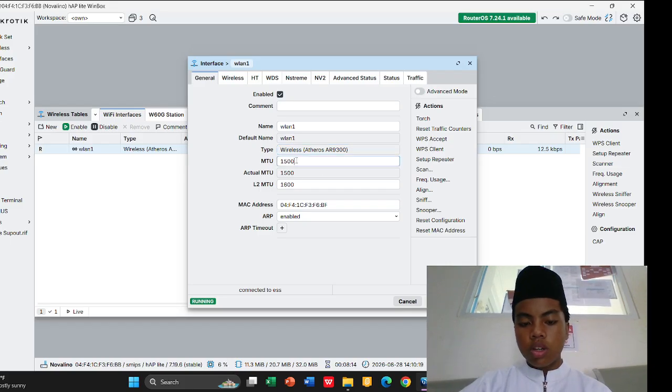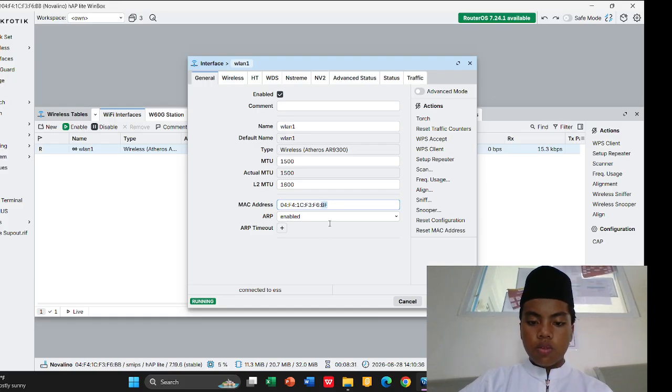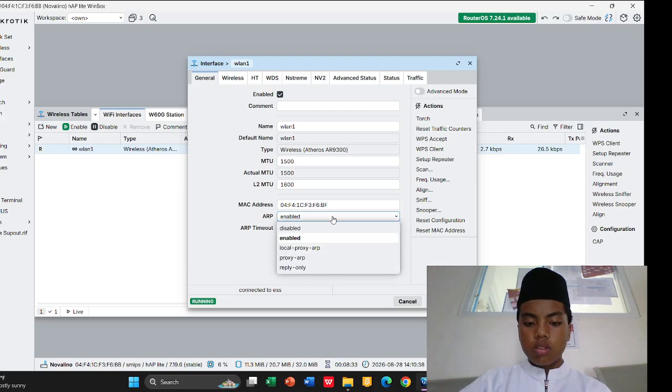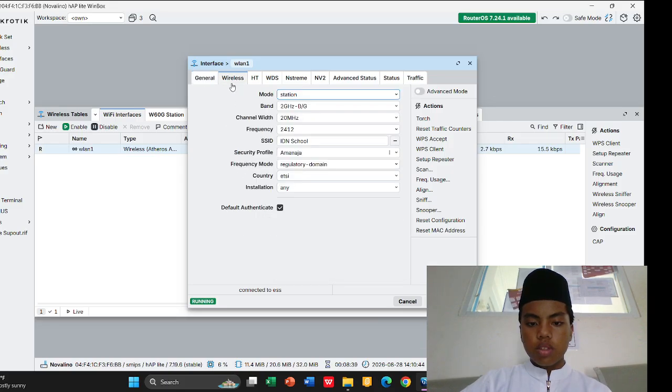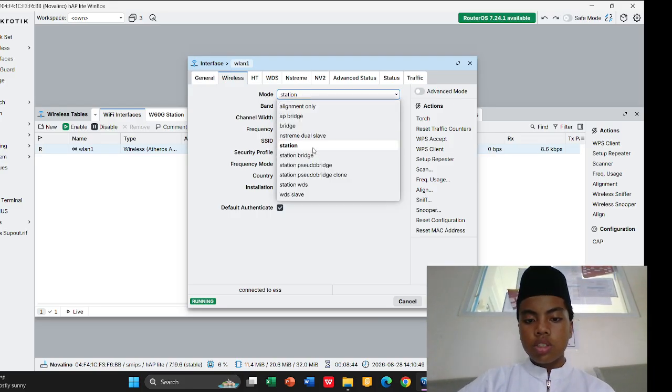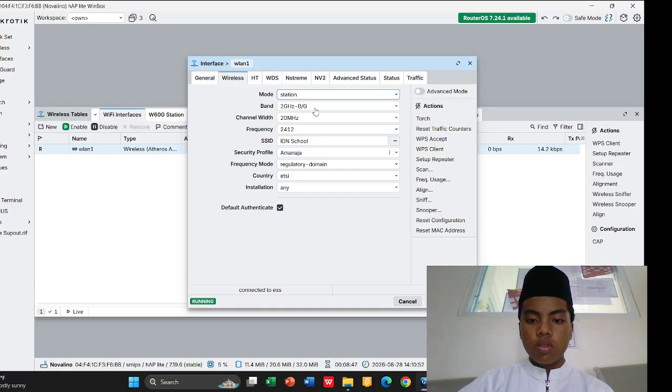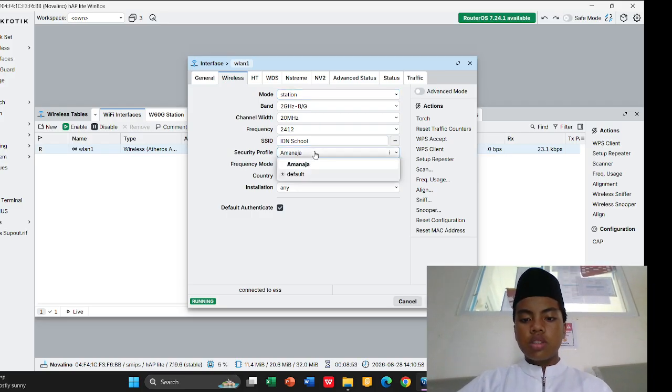So in here there are 1500 two times and 1600, and then for the MAC address you guys can follow your router MAC address, and then the next change it to be enabled, and then for the wireless, so you can set the wireless to station, and then the band, and then the SSID, and then the security profile.